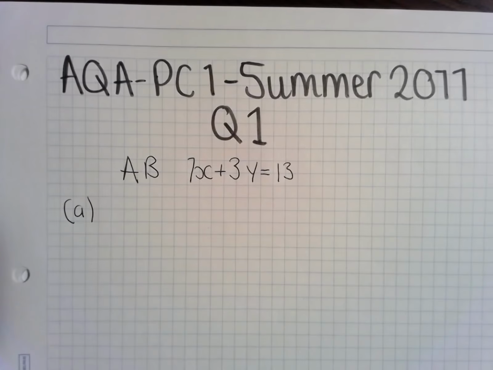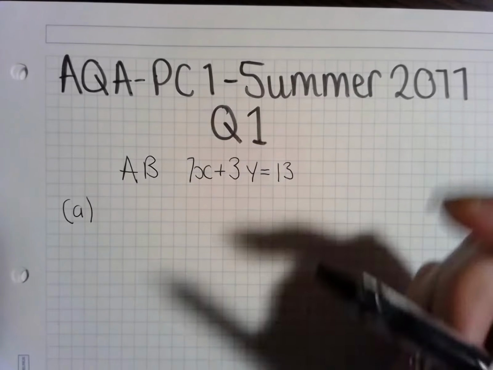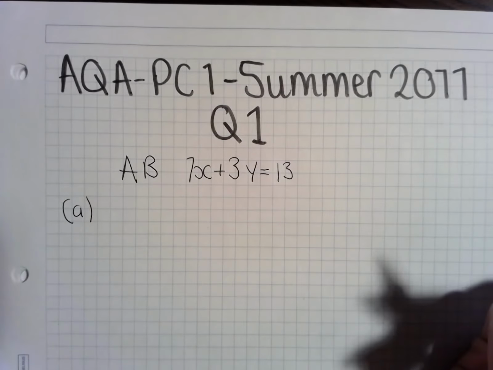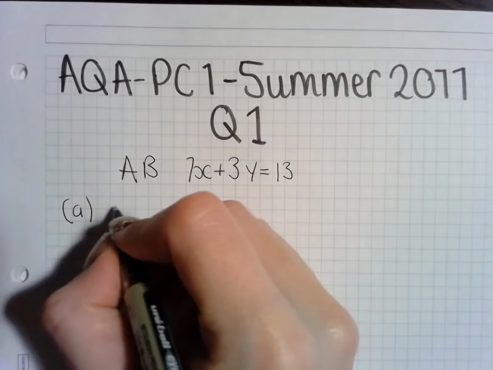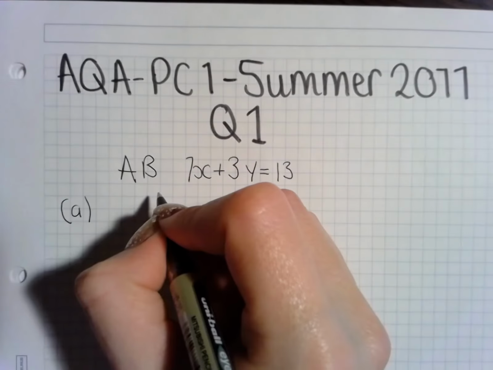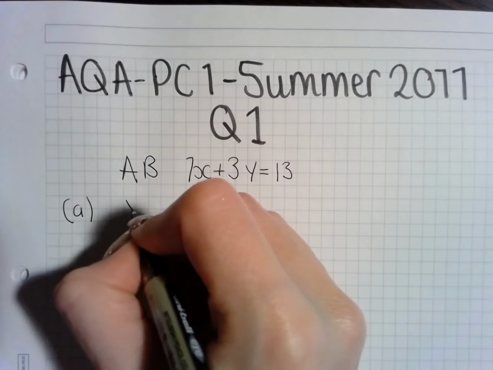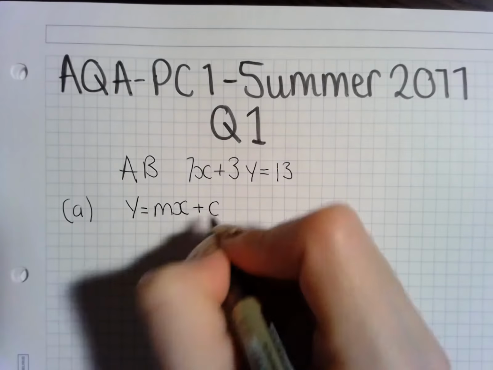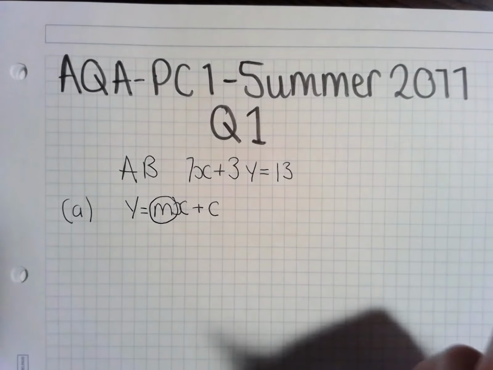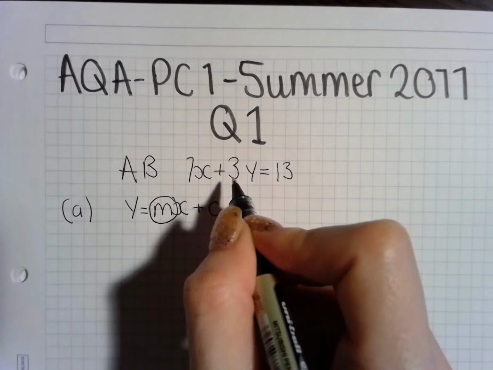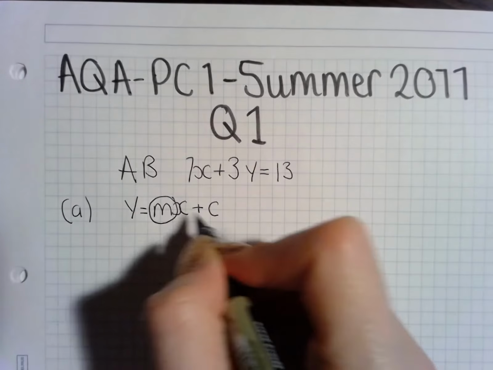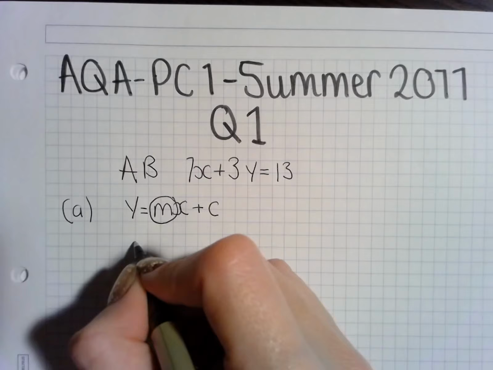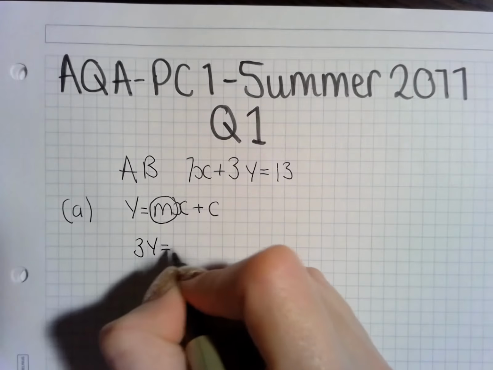Sometimes when it says gradient, you jump straight to differentiating and thinking all kinds of thoughts like that, but it's actually much more simple than that. We know the general equation for a straight line is y equals mx plus c, with m being the gradient. So if we rearrange this into that form, then we should know what the gradient is. So if we move the 7x to the other side of the equation,